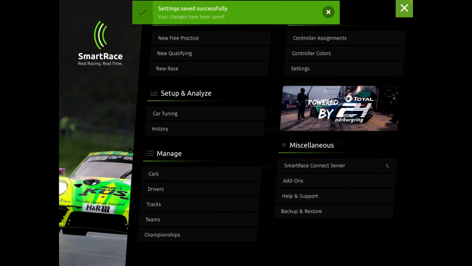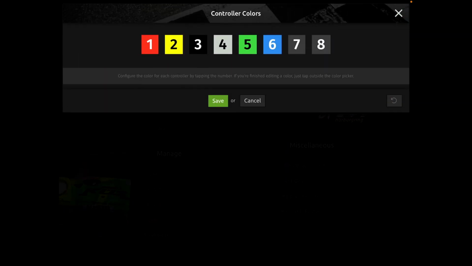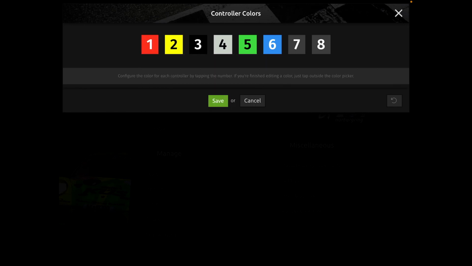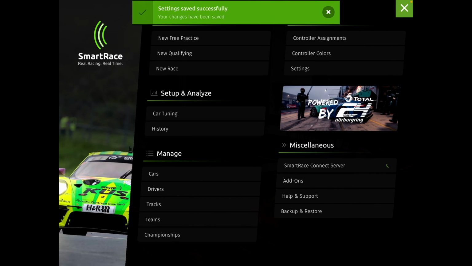So save that. Now you can come into control colors. You can set your controllers. If I wanted that to be black or gray, whatever, I could, but mine is red. These are the colors I have them set at. You can set them whatever colors you want. Okay, you come into settings,